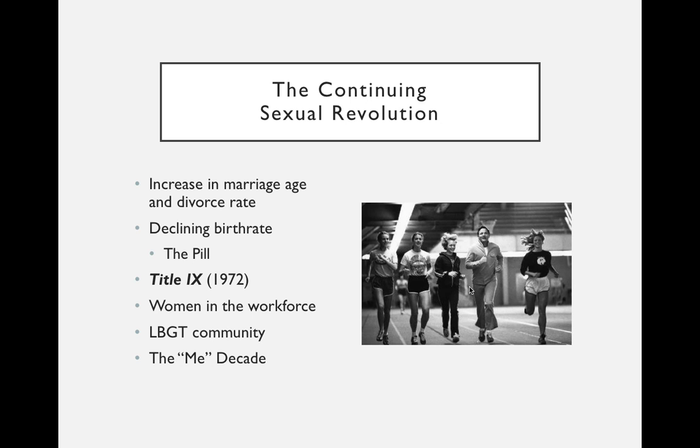In 1975, 1 million Americans divorced, which was double the number in 1965. And as a result of some of these changes in culture and increasing access to birth control and legal abortion after 1973, the birth rate goes down. So where the birth rate had been the highest during the birth of the baby boom generation between 1945 and 1965, when the average American family was having 3.2 children,